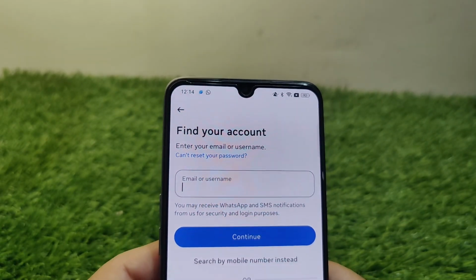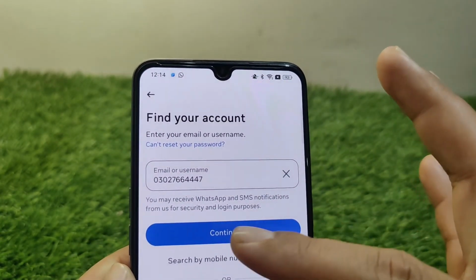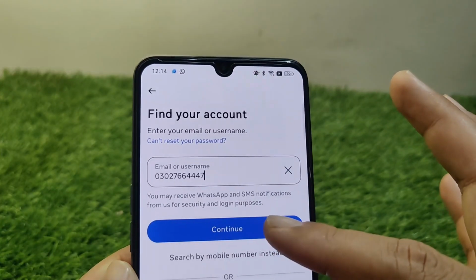I have saved it also. I am entering my phone number. So guys, you have to simply tap on continue after this,